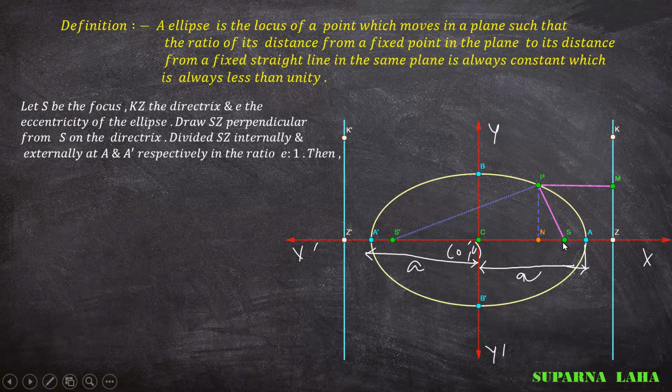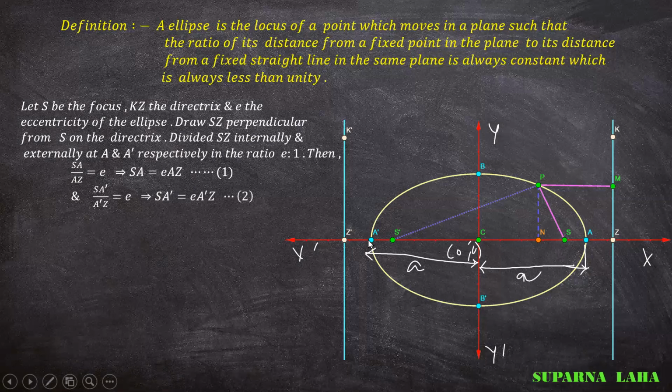So here also in the first case, if you notice, the distance from the focus is AS and the distance from the fixed line is AZ. So the ratio of AS and AZ, look here, is equal to e. So AS we can write as e into AZ. Again, A dash is another point. The axis cuts the ellipse at another point, A dash. So A dash S, this distance, and A dash Z, this distance, are also in a constant ratio.